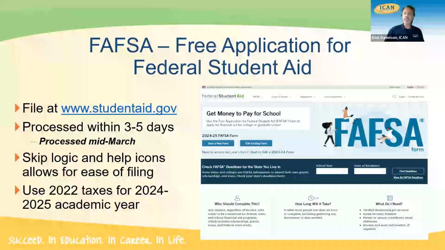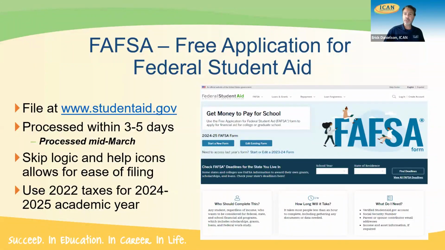The first thing that I do want to discuss, and again, questions, please put those in the chat box as you have them as we go along, including any questions about this subject, the Free Application for Federal Student Aid. If any of you watching this still need to fill out the FAFSA form, this is what gets the whole ball rolling for the financial aid process, to see what a student might qualify for, not only federal aid, but state aid and even institutional aid as well. Studentaid.gov is where you would go to fill out the application, and also to get what we call FSA IDs, which is something you need to have done and verified before you're able to do the FAFSA form.